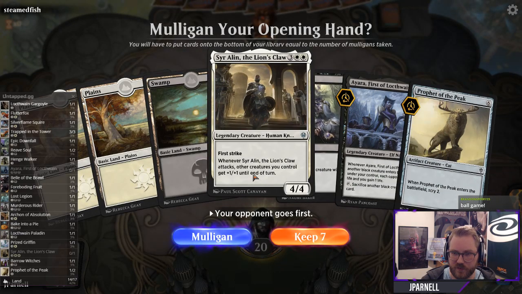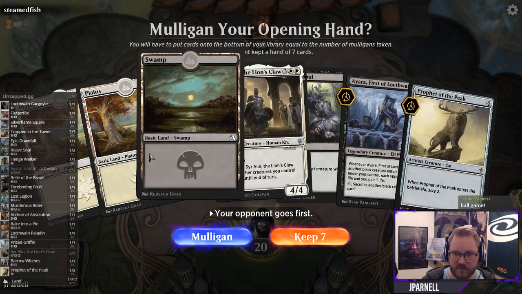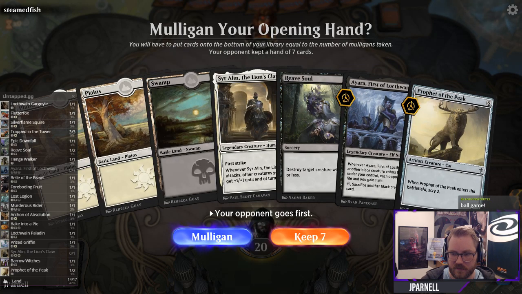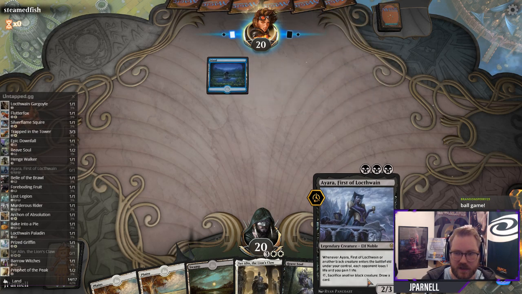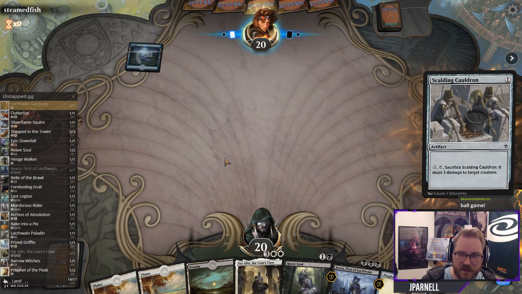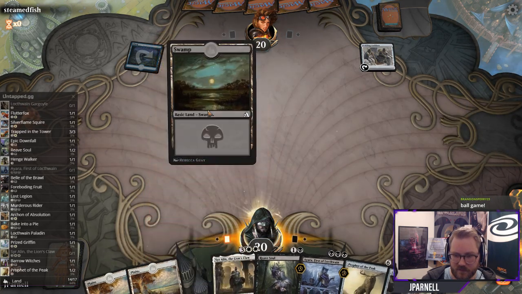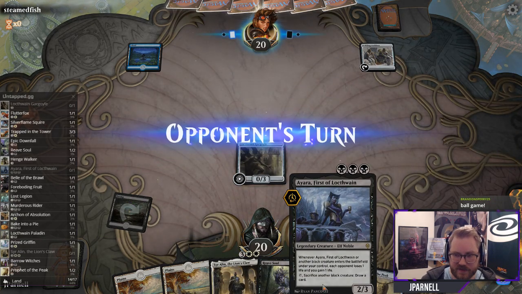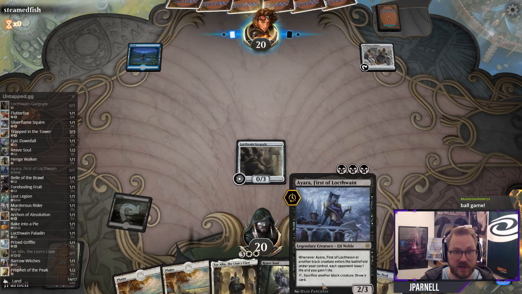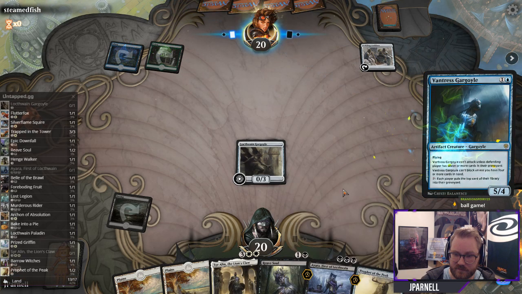Okay, we have removal. We're not going to play this for a little while, but I think we're going to keep it. We're on the draw, so this is potentially the worst card in our deck. I know people don't like to hear that, but I think it's the truth. Triple black is just so difficult to cast. Now, I'm not saying this isn't good. I like my triple black cards, but...